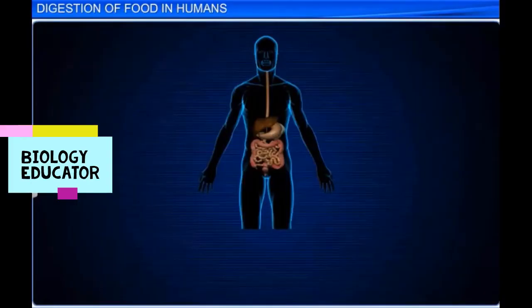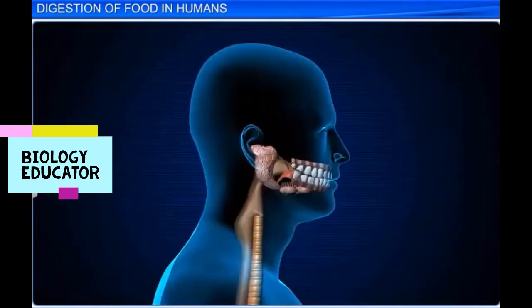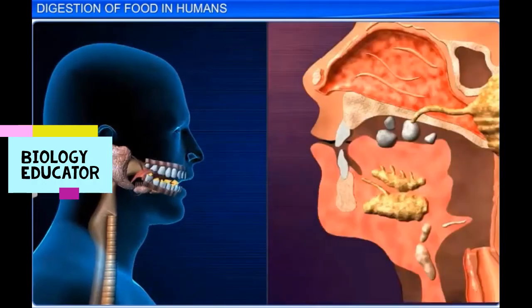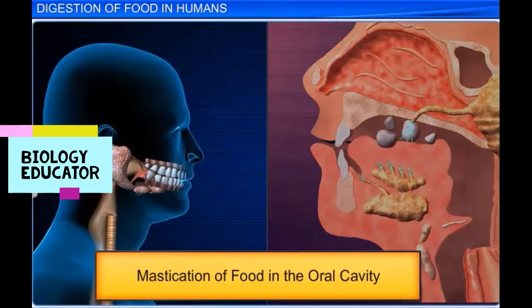Digestion is a vital one, as it provides energy to the body by converting complex food into smaller, simpler and absorbable molecules. The digestion process begins the moment we put food into the oral cavity through our mouth. The teeth, present in the oral cavity, masticate the food, while the tongue mixes it with saliva,